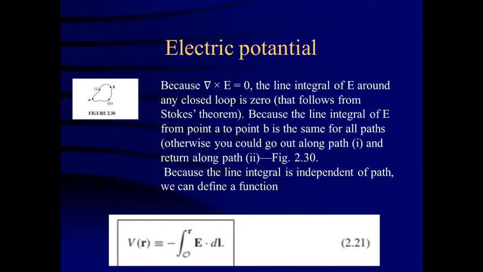Now we'll study the electric potential. What is the electric potential? You can consider that there is a unit positive charge which is brought from an infinite distance to a distance r, then the amount of work done is nothing but the electric potential. So in any electric field, if you bring a charge from infinite distance to a particular point with respect to some reference point, the work done per unit charge is called the electric potential.